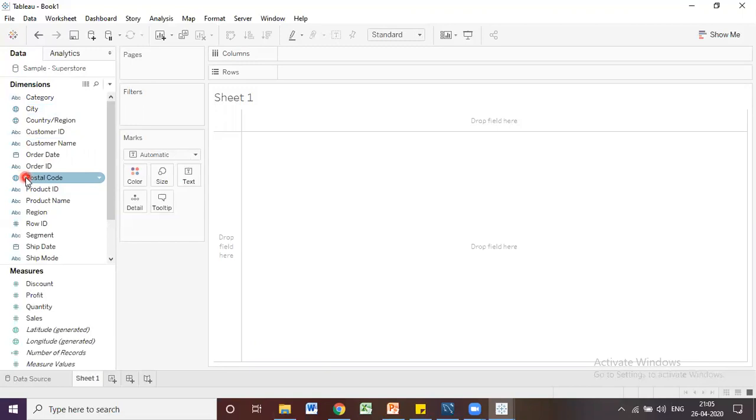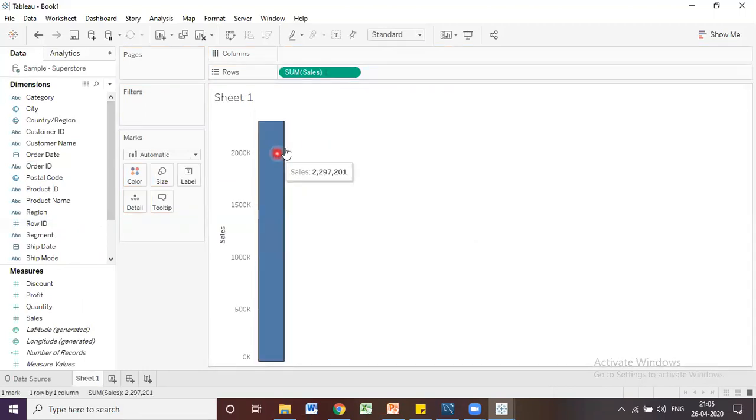And what is a measure? Measures are aggregative values, meaning by using measures we can do a lot of things, like create an average or a sum, anything we require. For example, if you drag this sales into your rows, automatically it will show the data.